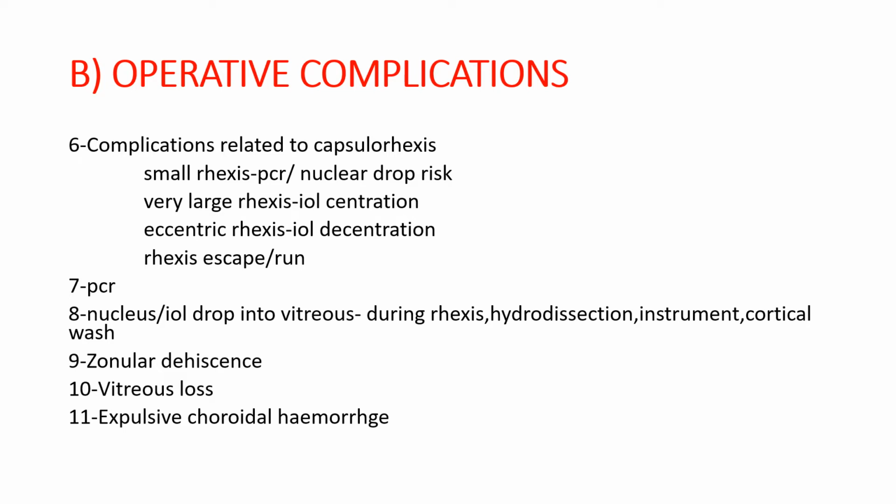Eighth one is the nucleus or the IOL drop into vitreous. Now this can happen either during rhexis, hydrodissection, instrumentation, cortical wash. So this will happen only when there is a posterior capsular rent or there is a complete zonular dehiscence. Ninth is the zonular dehiscence. Now we all know that lens is attached